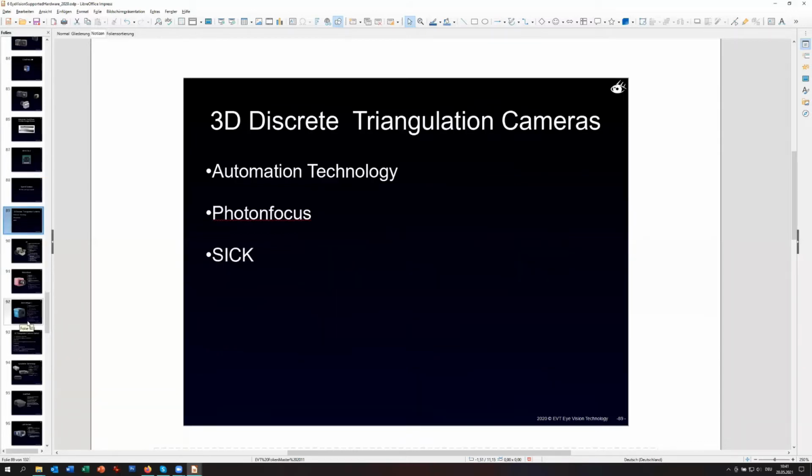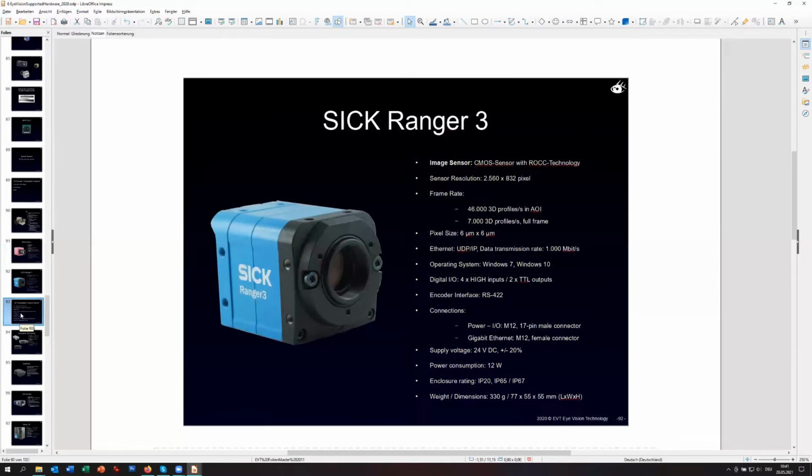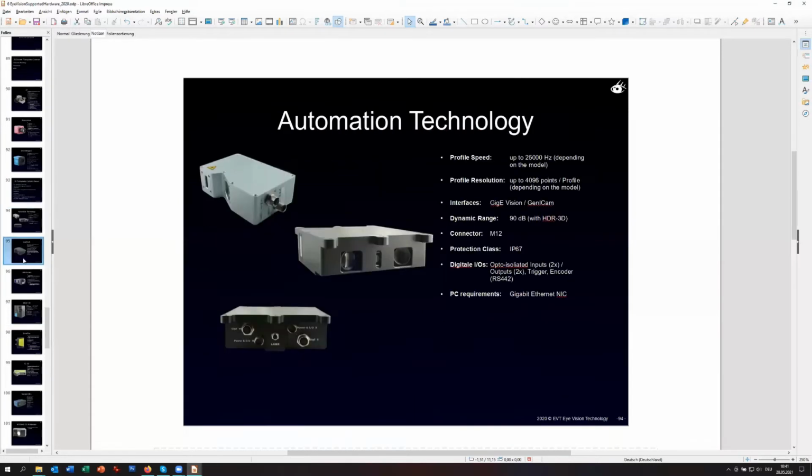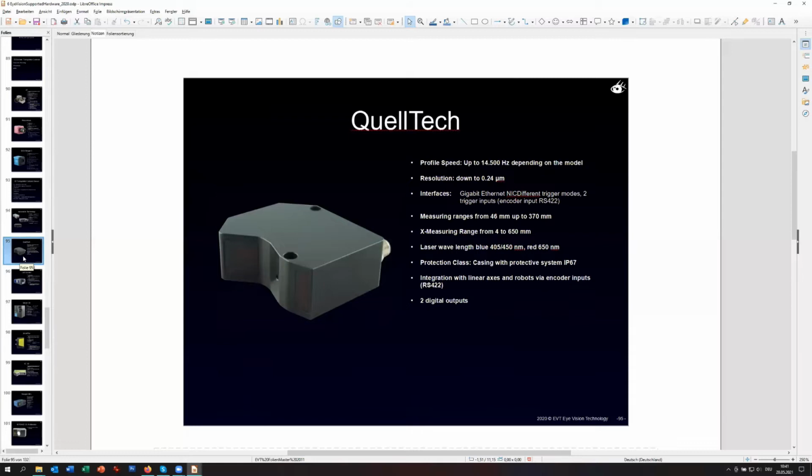And more interesting are, if you're doing 3D, the 3D cameras. Here we do support all major manufacturers, for example, triangulation cameras or ready-made triangulation sensors. Of course, the triangulation generates right now, for the moment, one of the highest resolution sensors for, let's say, the best price situation. The only disadvantage is the part has to be moved below the sensor to get an image, which can be processed